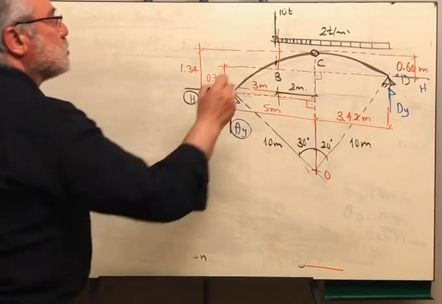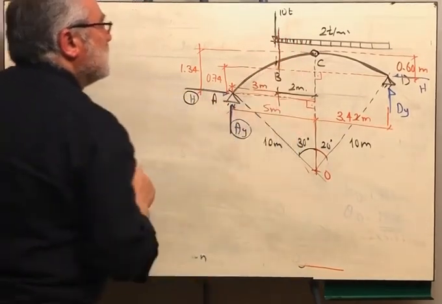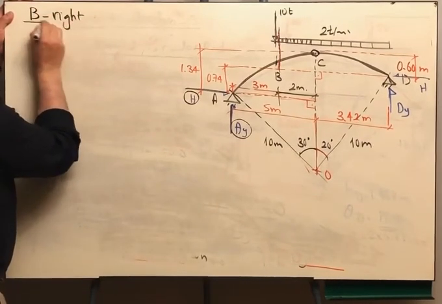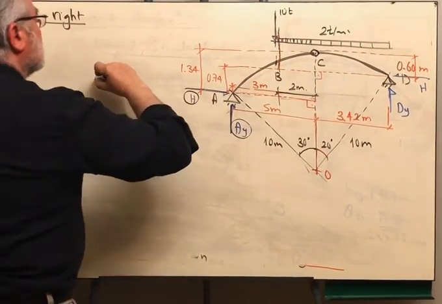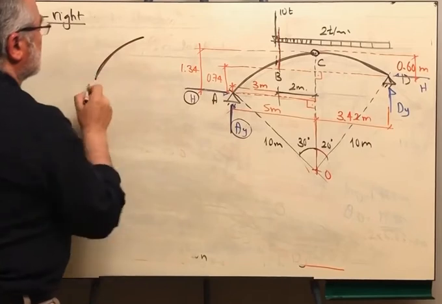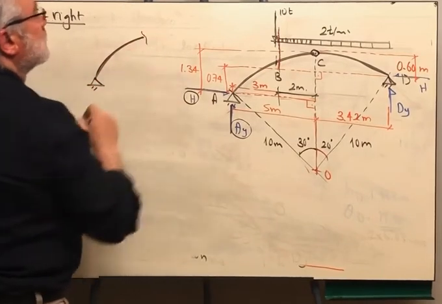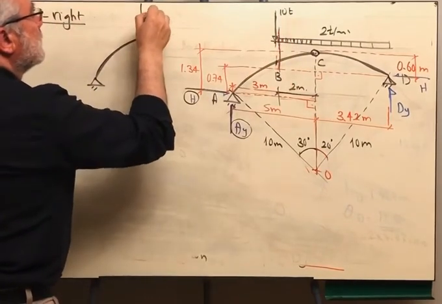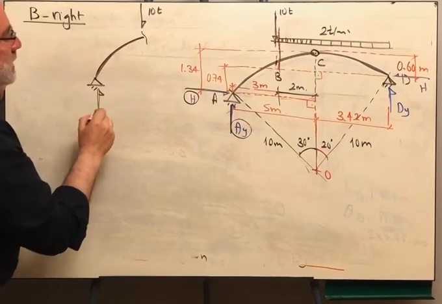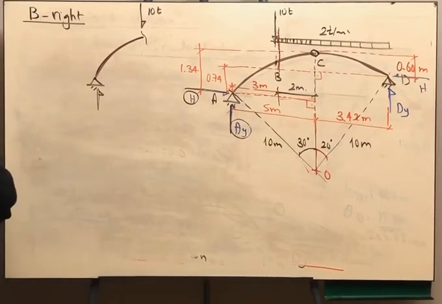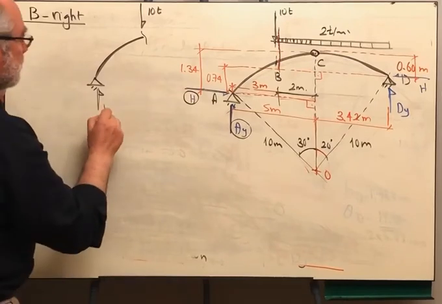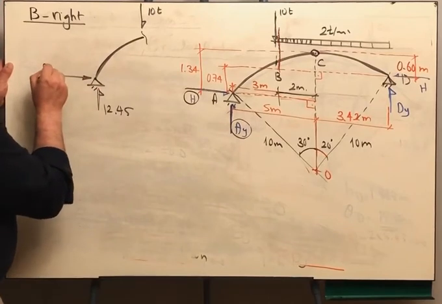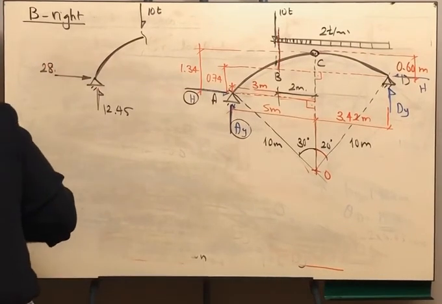So we are going to cut a section. He told us right of point B, so we are talking here B right. And this is our section. Because we are taking the section right of B, we are including the 10 ton, and we are having this reaction AY, it was obtained 12.45, and we are having the horizontal reaction 28.55,